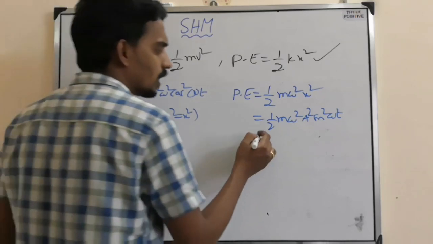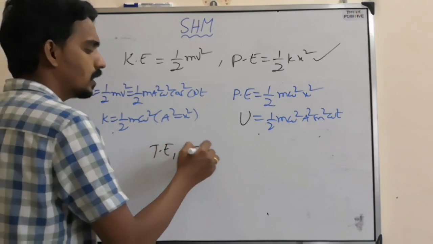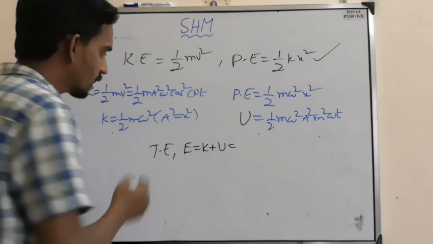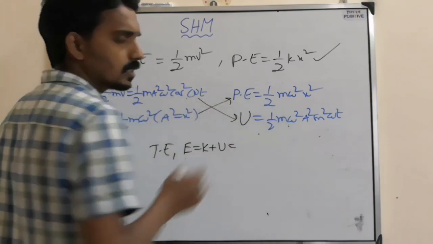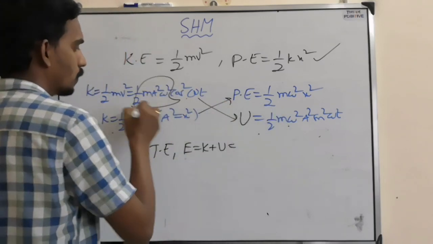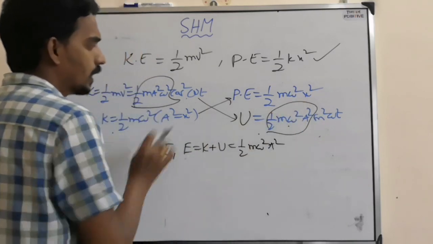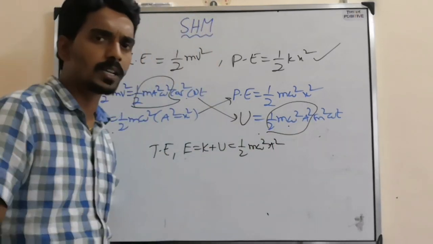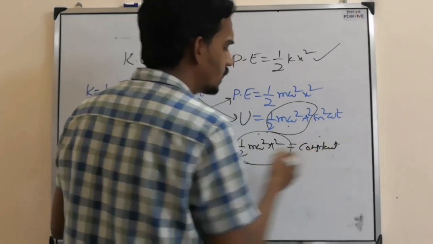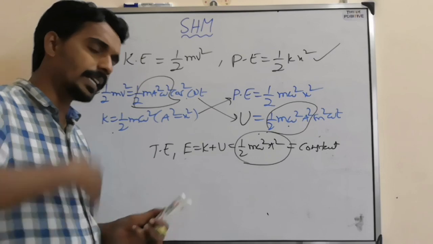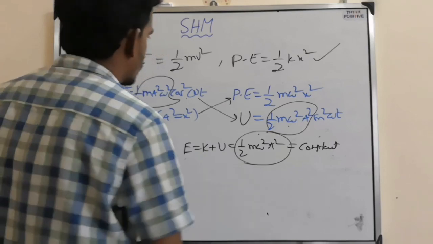So there is kinetic energy, there is potential energy. Then they can ask you what is the total energy. Total energy is the sum of kinetic and potential energy. If you add both of them, either these two or these two, because this is the time equation. Here this one, here this one, same: half m omega square a square. The remaining cos square theta plus sin square theta, how much? 1. So this is the total energy, which always remains constant, because it does not depend on time. So kinetic energy changes, potential energy changes, but total energy remains constant.